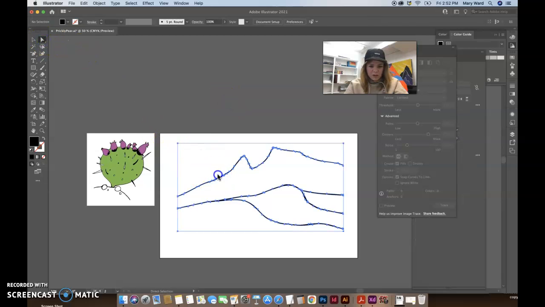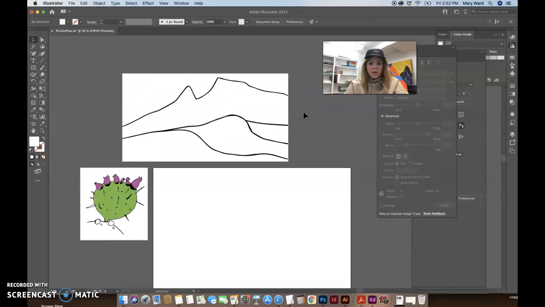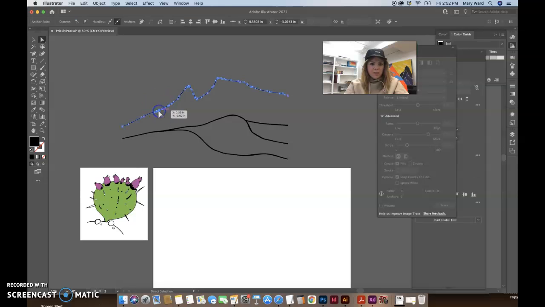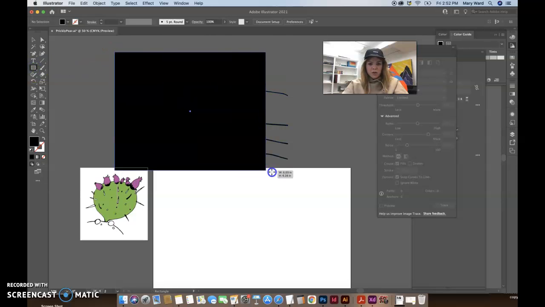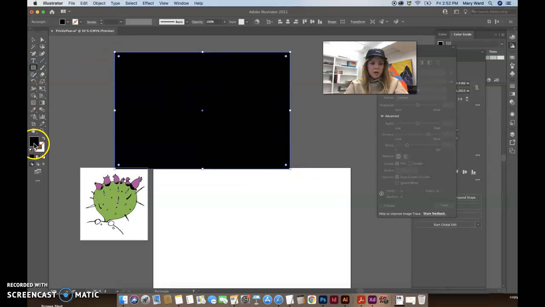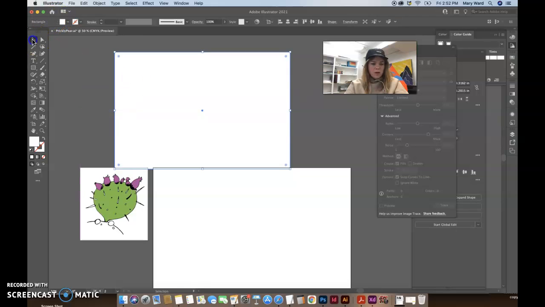So now you can see there are actually vector points. You can see all the little points. If we move this up, you can see there's a white shape here. We can delete that, and we can change the color of this if we wanted to. Maybe I do actually want shapes in the background, so I'll show you how to create shapes in the background. Let's make this white, maybe. I just double clicked on the fill color, got rid of the black,